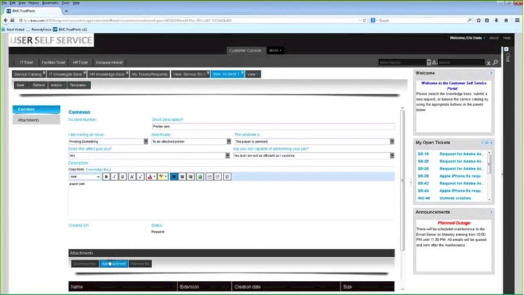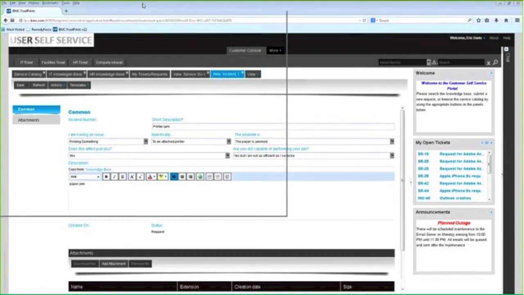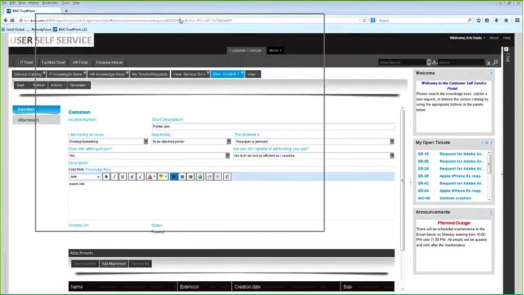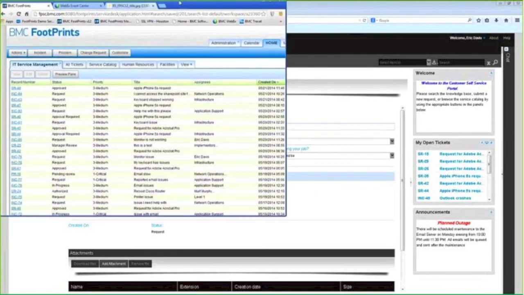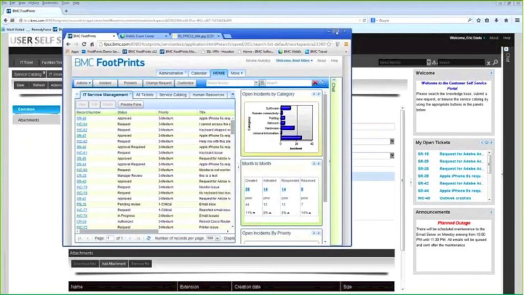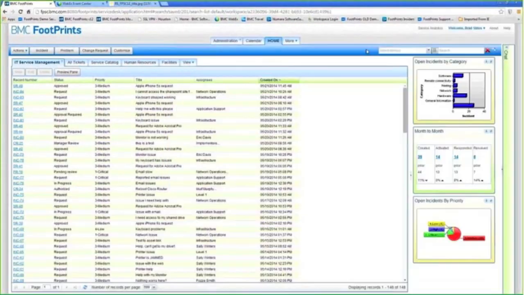Okay, with that, we're going to go ahead and bounce out of our end user session here, and we're going to log in as an actual IT help desk agent. So you can see I was using Firefox for that session. I'm going to use Chrome now. Okay, so just showing that we can use multiple web